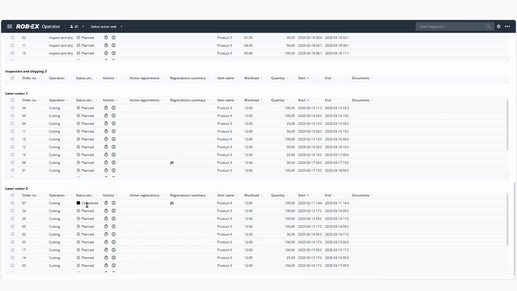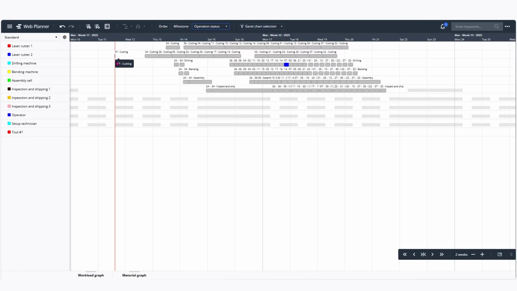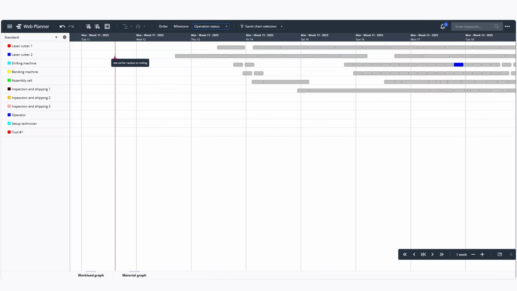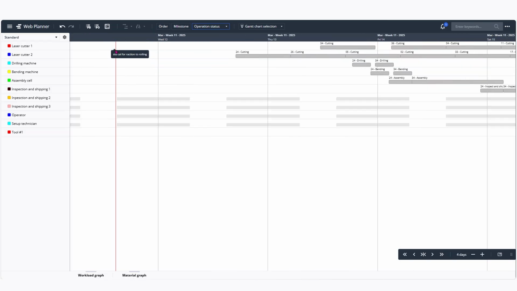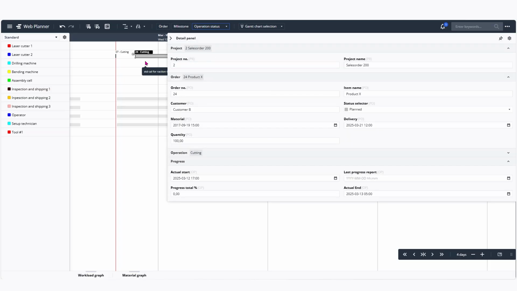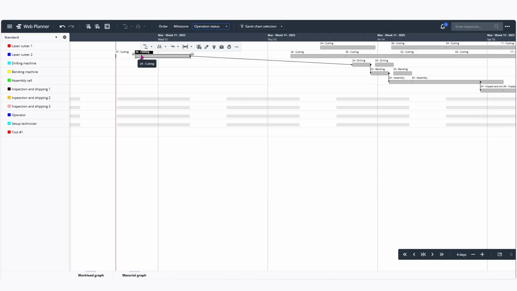Now it turns black and the status changes to completed. We go to Robix, and it's actually in here, it's not that big, but it has been finished. And when it's finished, it will be behind the now line, because now it doesn't give any meaning that it's planned, it's finished. So now we can reschedule if we want, taking on a new task.